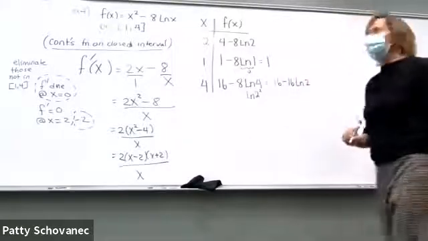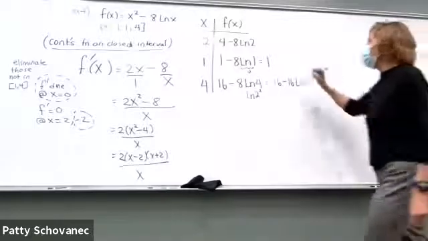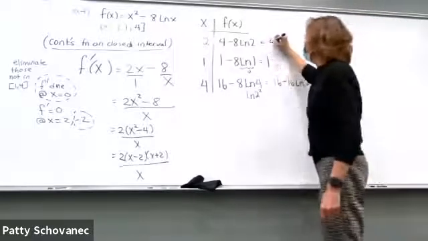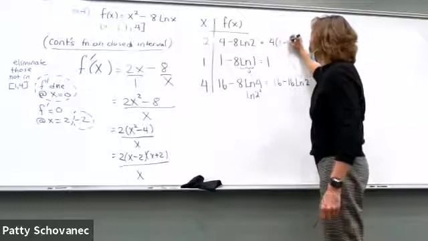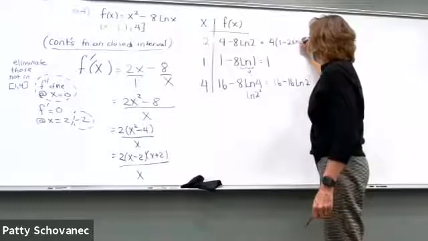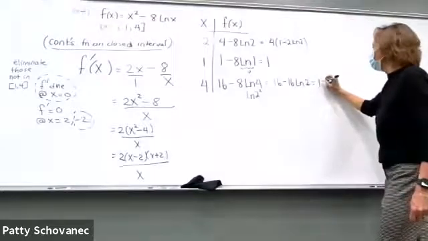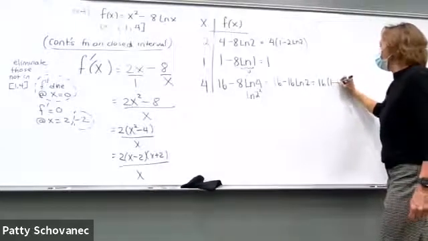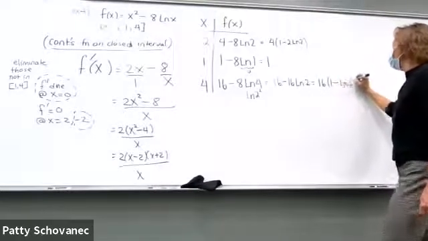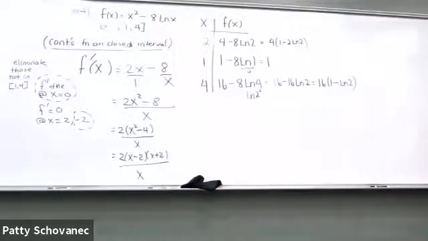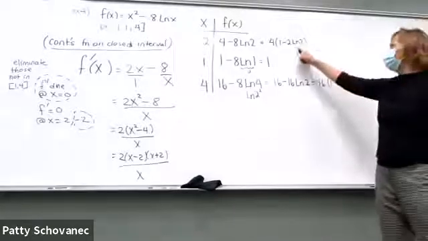And it might help me compare the size. If I factor out the 4 here, I have 1 minus 2 natural log of 2. If I factor out the 16 here, I have 16 times 1 minus the natural log of 2. So to me, it looks like that this is going to be a negative number,